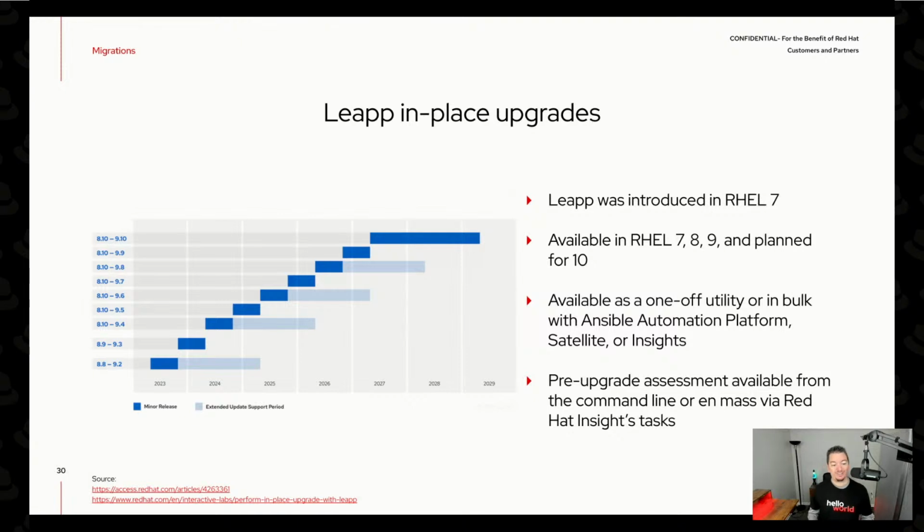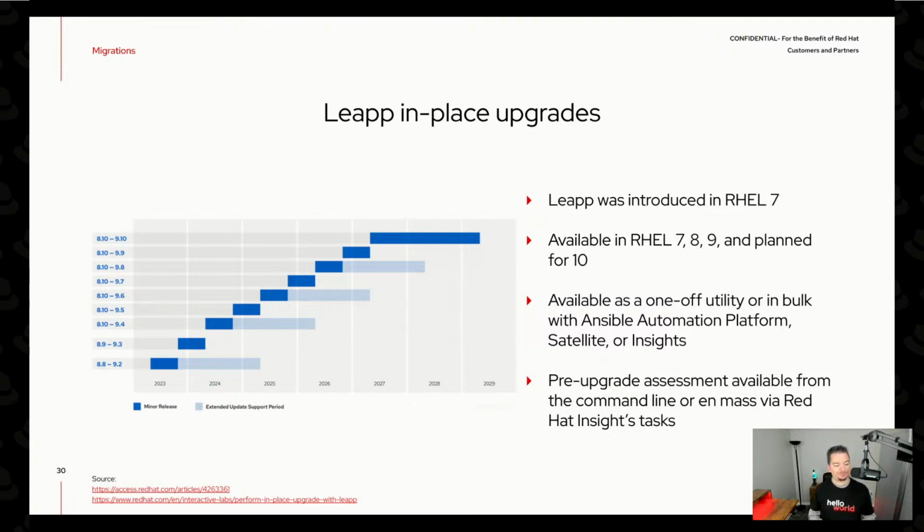So it is very much possible to do an in-place upgrade for RHEL 7 to RHEL 8, but I'm really, really pushing that you standardize on something like RHEL 8, because if you look at 7 and 8, other than a really, really new code base, one of the major changes was our predictable lifecycle. RHEL 9 is so much more like RHEL 8 than 8 was to 7, 7 was to 6, and so on. So if you get in that mindset of every 3 years or every 4 years, if you want to let it bake a little bit, you're going to use the Leap in-place upgrade tool in order to do those